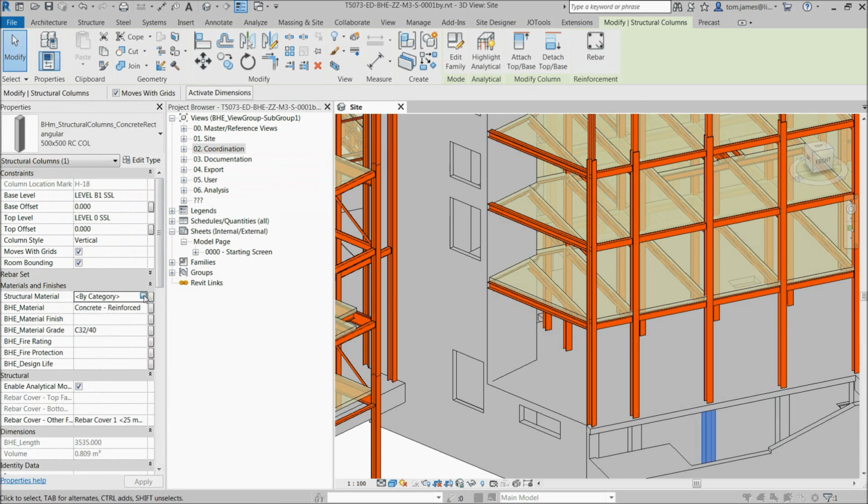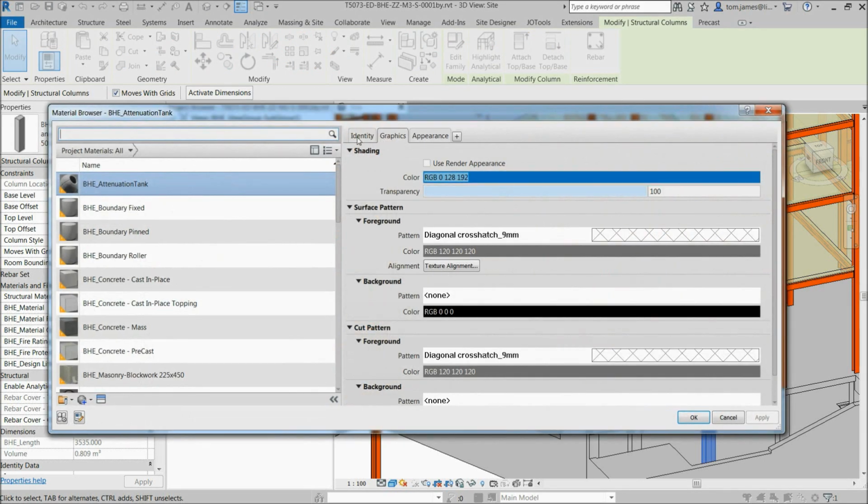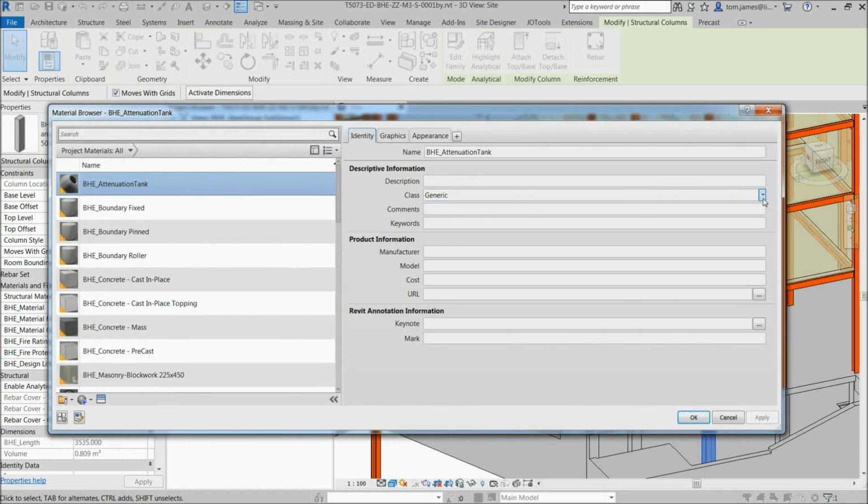Similarly, if we look at the structural material of this concrete column, identity again, this should at least be concrete, and there's been very little information provided. This prevents me from looking at any of the physical or thermal properties which actually will become relevant outside of